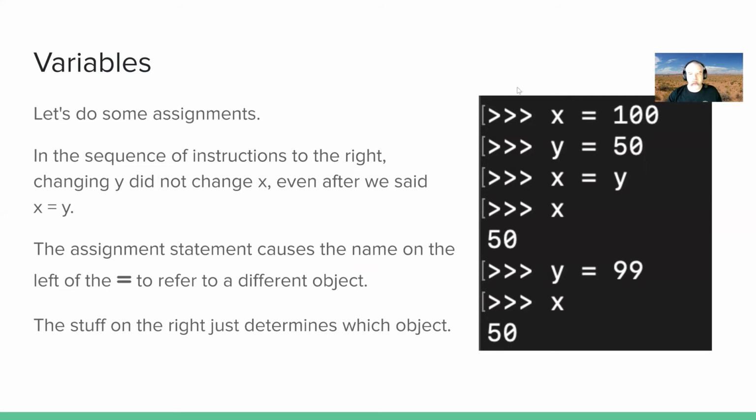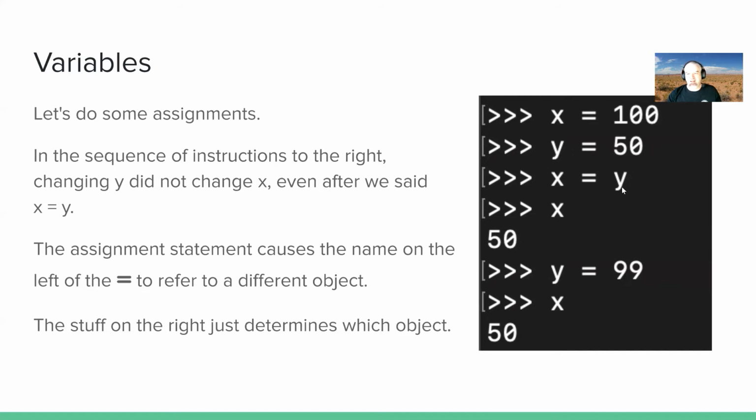All right, so over here, if we're again working through what this means, we're creating a variable called x and assigning to it the value 100. Then we're creating a variable called y, assigning to it the value 50. And then we're saying x equals y. And so what this means, if we understand correctly, is the variable x now will have assigned to it the value of y, which is equal to 50. And so x should be equal to 50, which it is, right? And then here, if we change the value of y to 99, x is still going to be worth 50. It's still going to have the value 50 assigned to it, because